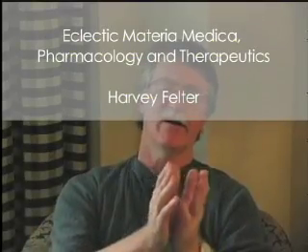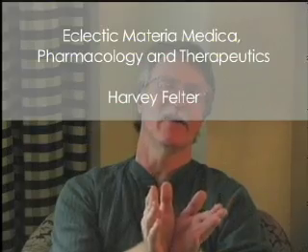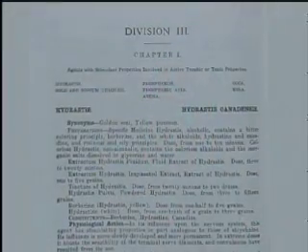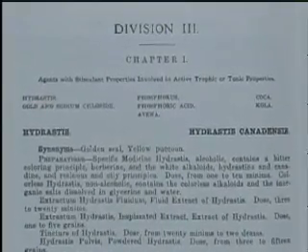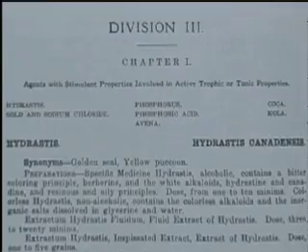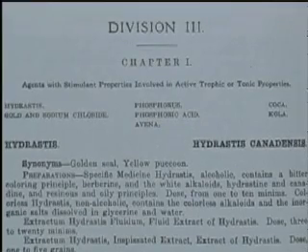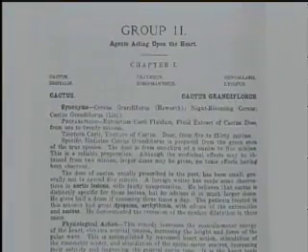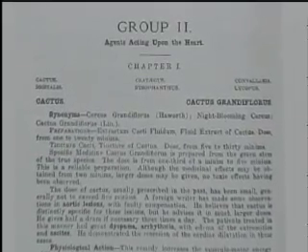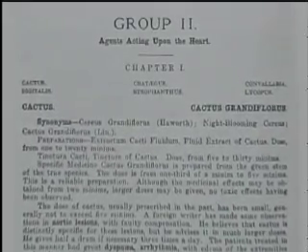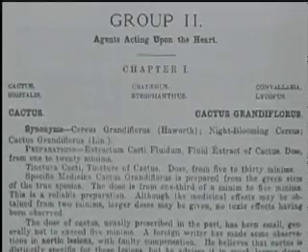What Ellingwood did that I really like and value in his text from 1919 is that he organized the herbs by organ systems, so that similar acting remedies were grouped together. Those for treating fevers, those for treating the GI tract, those for treating the heart, nervous system, and so forth. And also in the back he had a therapeutic index which would key certain conditions, and would note the pages on which those were discussed.